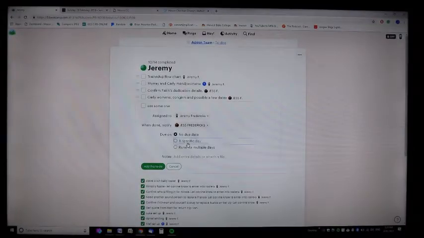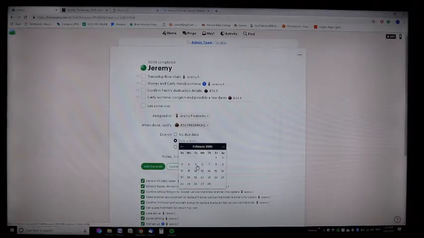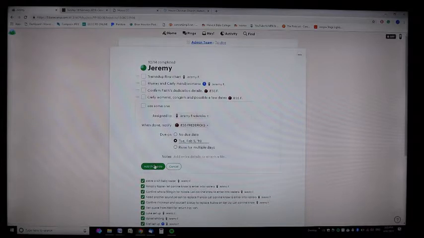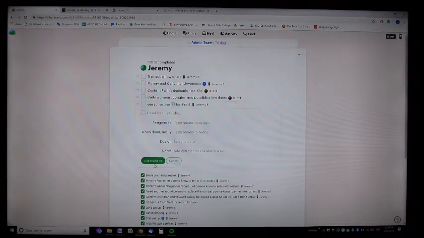And I'll even give it a due date. I'm going to do this tomorrow. Add. So now that will notify me that it's coming up and it's due to be done. Once I click it's done, Jessalyn will get a notification and it'll show up on my assignment so I won't lose it. These are just trying to make things a bit easier for people and for us as we move forward